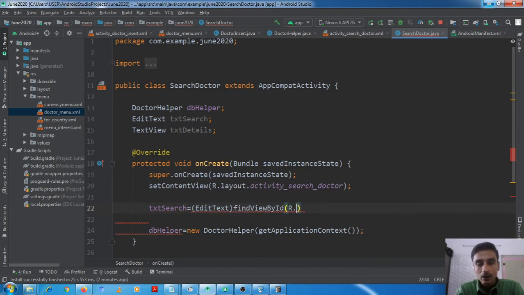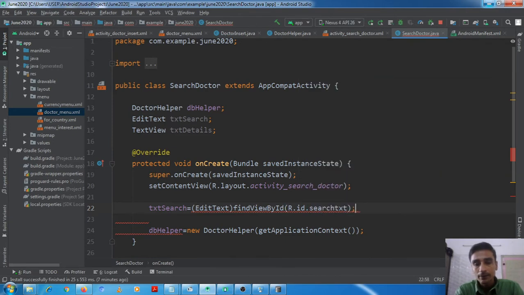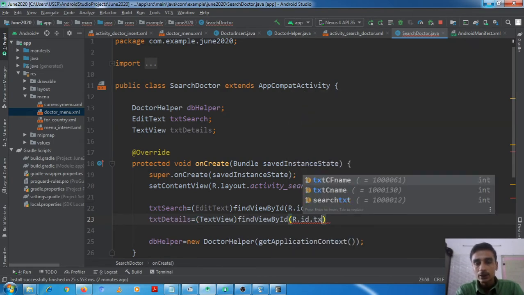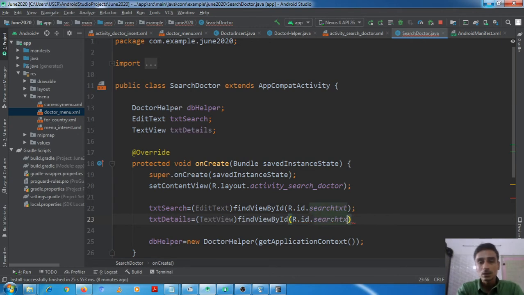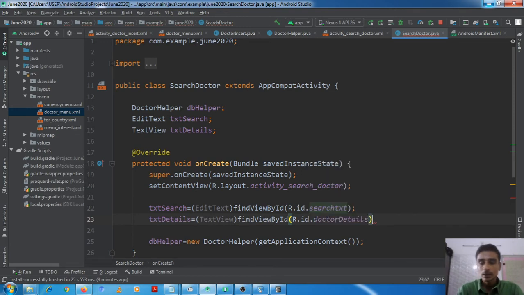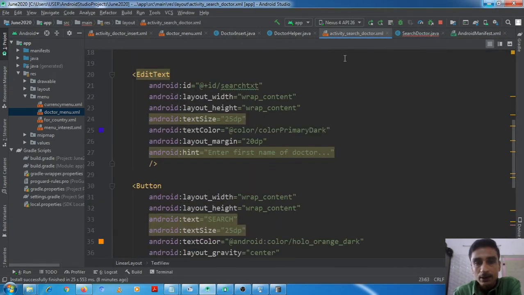Find by id r.id search text. Okay, and txt details is equal to text view find view by id r.id doctor details. Sorry, it is not search text, it is doctor details. Okay, let us verify these both names, doctor details and search text.